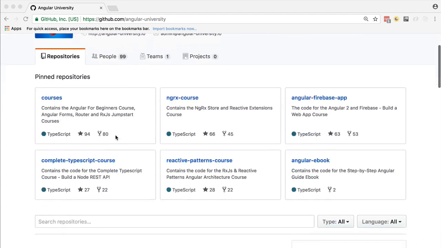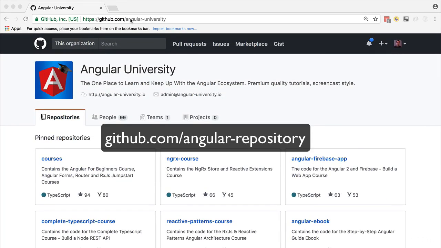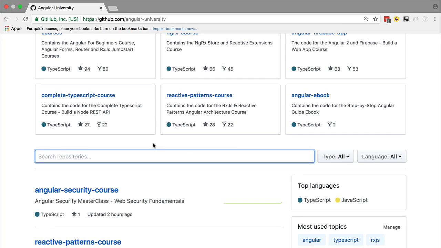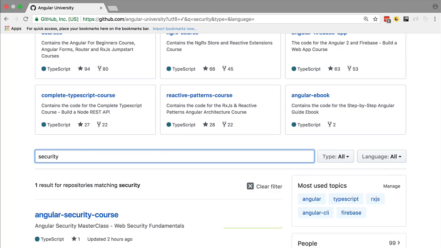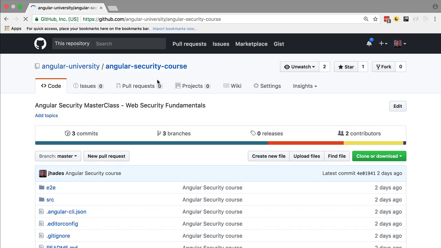Let's now install the lessons code. We are going to go here to the Angular University GitHub page and have a look at our repository. We're going to go to search repositories and search for the security repository. If we click into it, we are going to see that we are in the